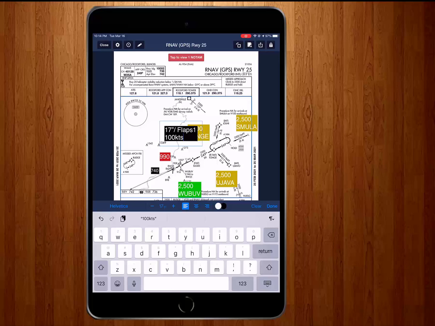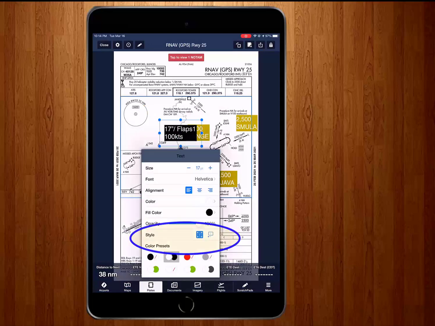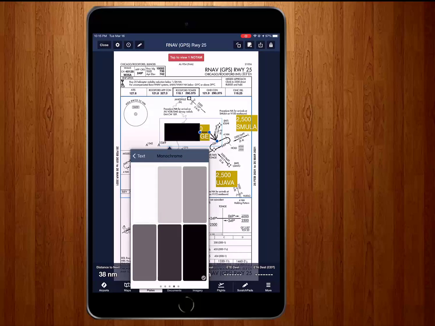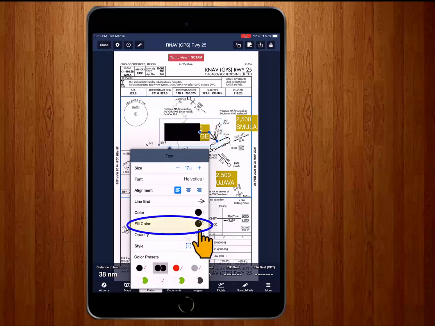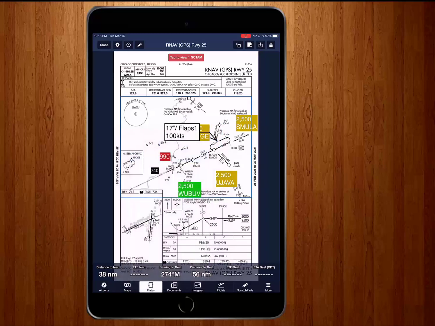But the one thing that I cannot do from here that I do need the full-blown inspector for is I tap here, go to the inspector, and here's the thing that says style. See how this one has the arrows for the callout boxes? I do that. And it turns out that I really want the font color to be black and the fill color to be white. So I'll make the font color to be black, which is temporarily making it black on black, which is invisible, and the fill color to be white. Tap to clear. Tap and drag. And now the only thing that I need to do is arrange this